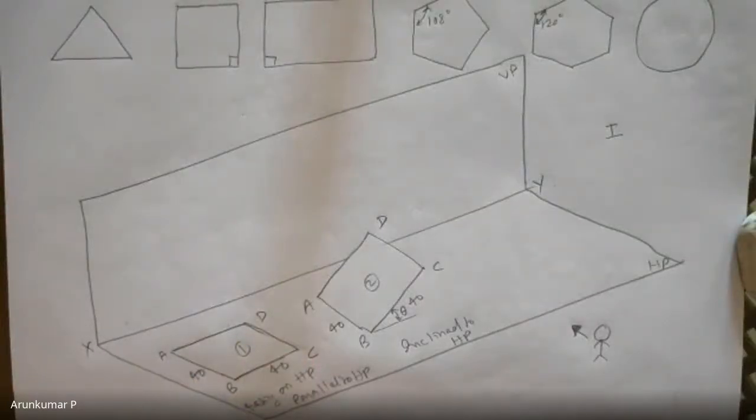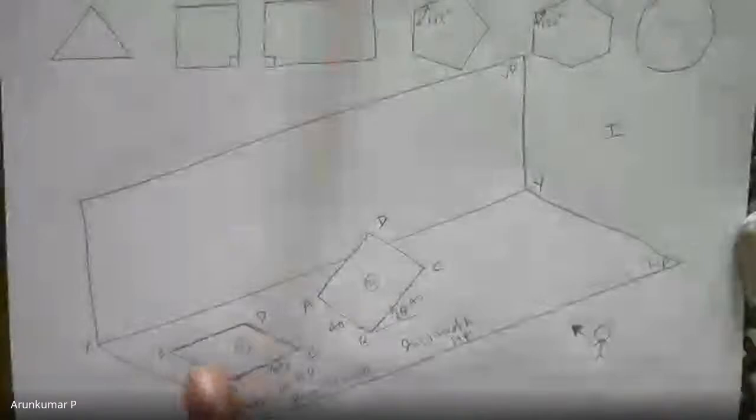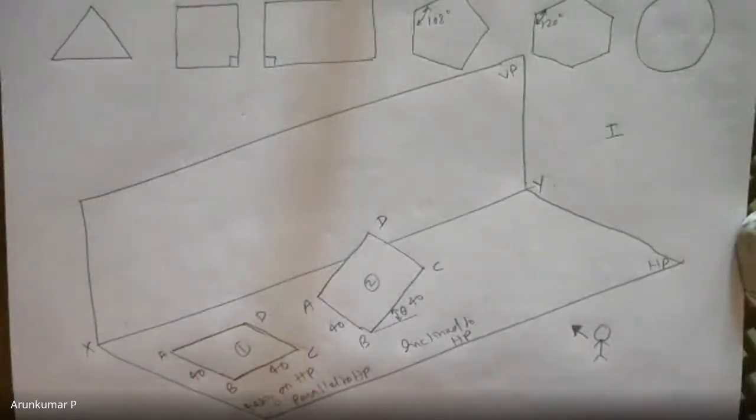So what does this problem become now? It is nothing but projection of 4 points and projection of 4 lines. All the concepts you already know. You have studied in projection of points and lines. So don't see this as a plane, as a 2D figure. No. You see this as projection of 4 points A, B, C, D. You see this as projection of 4 lines AB, BC, CD, and DA. Then the things will be clear. You're getting my point?